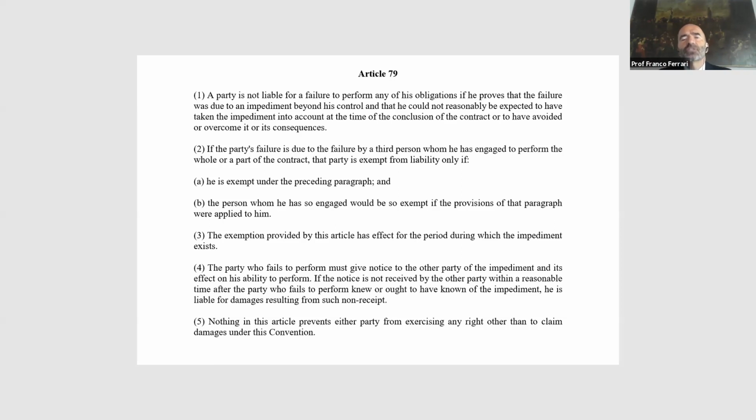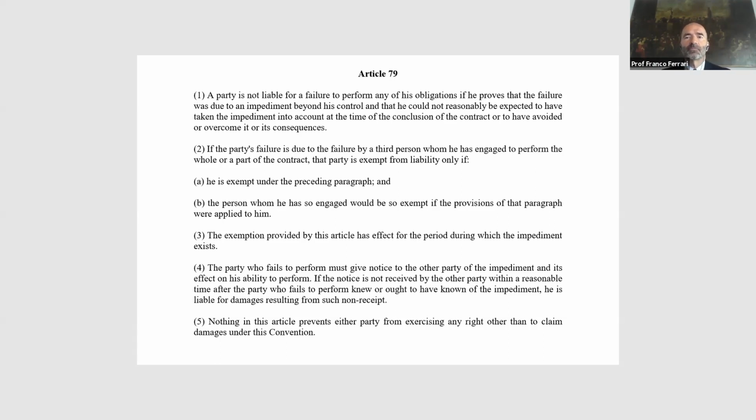Or to put it differently, whether there is space under the CISG for a rebus sic stantibus excuse, given that one of the general principles underlying the CISG is that impossibilia nulla est obligatio, despite the general obligation that pacta